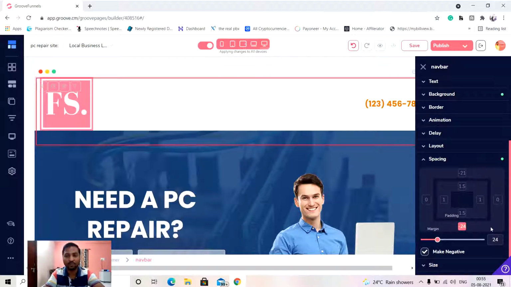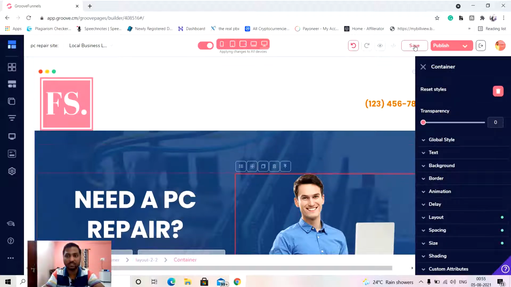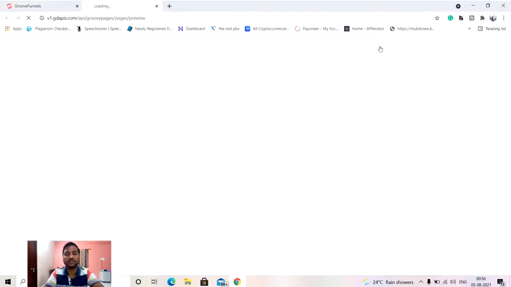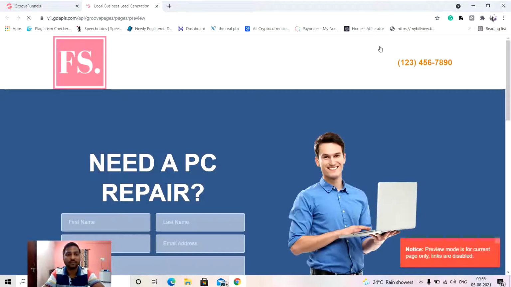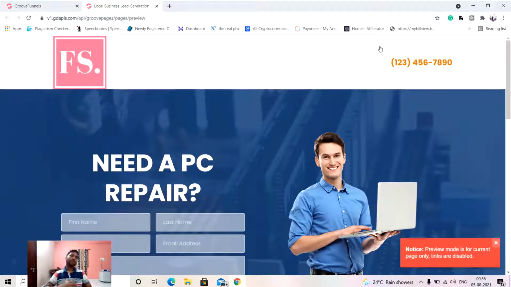Now what we have to do, first of all, save these changes, and I'm going to check it on Google again, to see how it looks. So let's check the preview. Now you can see that the logo is going completely up, and there is no area left above it in the Chrome area, and your second block has also been attached with the logo. So it looks a little bit cooler than before.